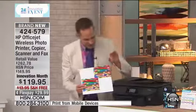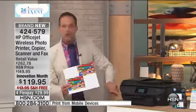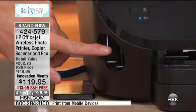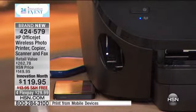Another advantage of this, you'll notice on the side over here, you can pop in an SD card or a USB thumb drive. This is your photo kiosk as well, so you can walk right up. If you don't own a computer, if you don't own a tablet, if you don't own a phone,